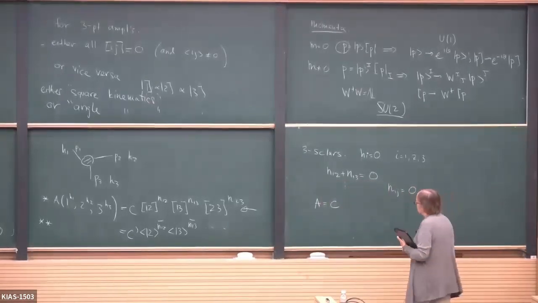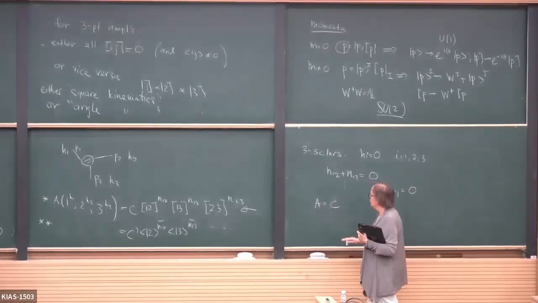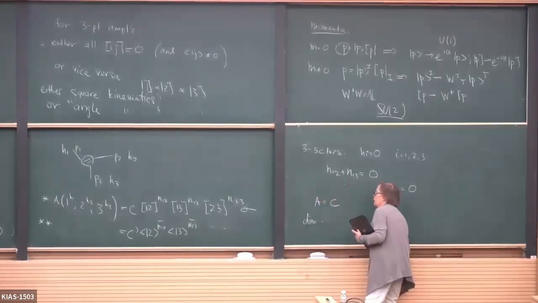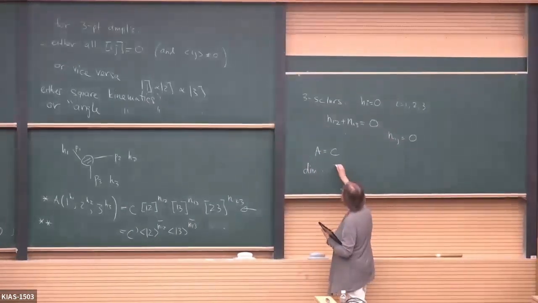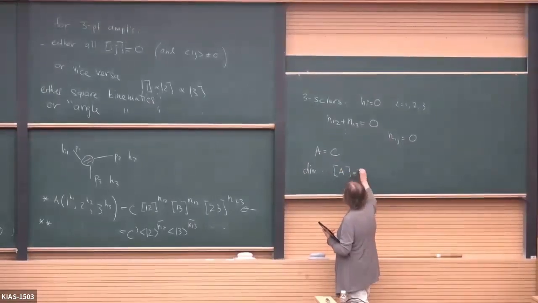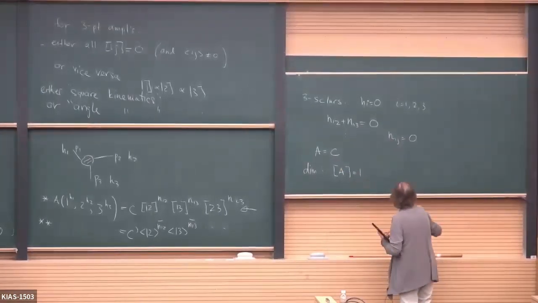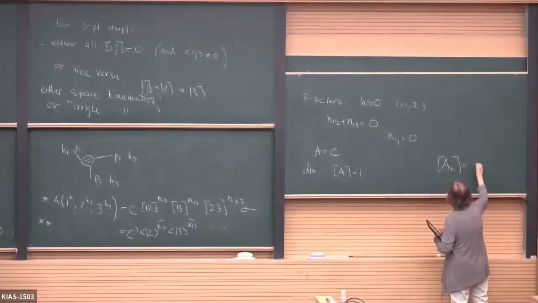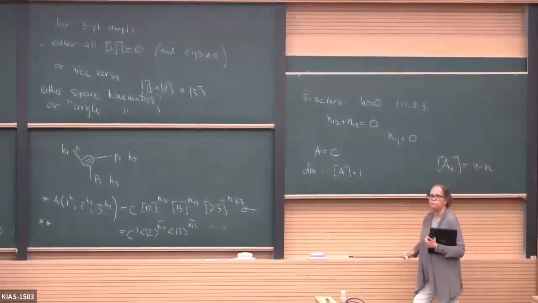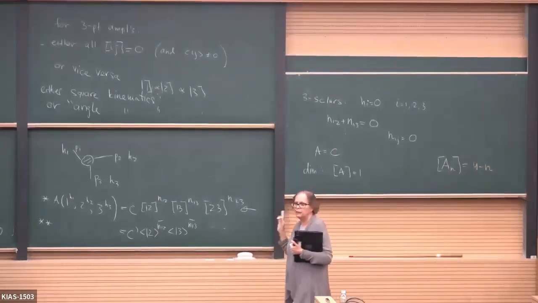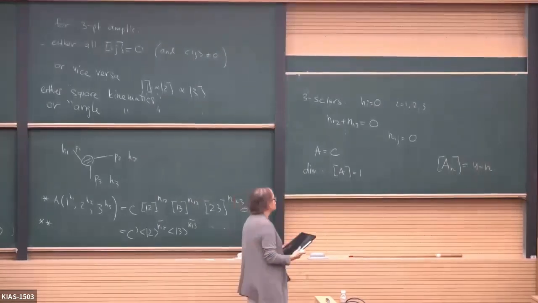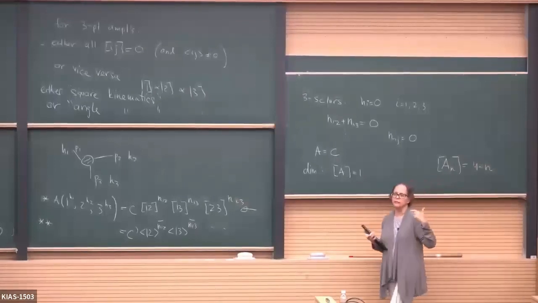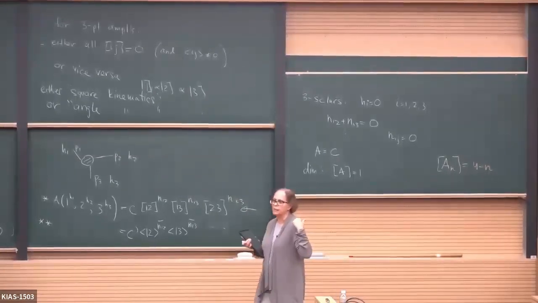Now, what can this constant be? So let's just do a dimensional analysis. So the dimension of this amplitude is 1, because remember that for an n-point amplitude, its dimension equals 4 minus n in 4 dimensions. And if you don't remember why that's the case, then you should convince yourself that that's the case. Just go look at the formula for the cross-section, and you can see that that's the case.